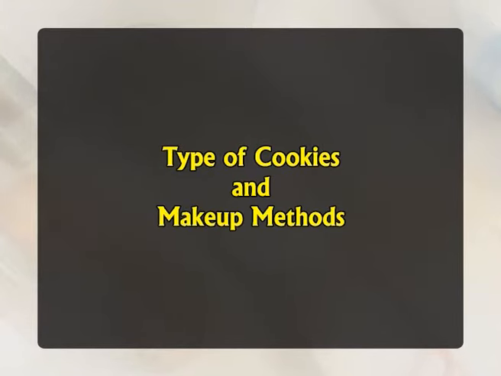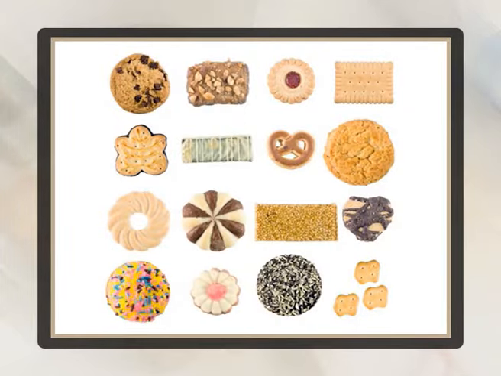Types of cookies and makeup methods. Cookies can be classified by their makeup methods as well as by their mixing methods. Grouping them by makeup method is perhaps more useful as their makeup procedures vary considerably. In this section, you will learn the basic procedures for producing 8 cookie types, which are number first, bagged, number